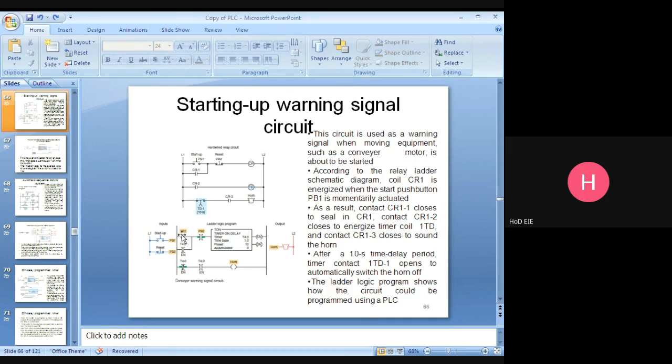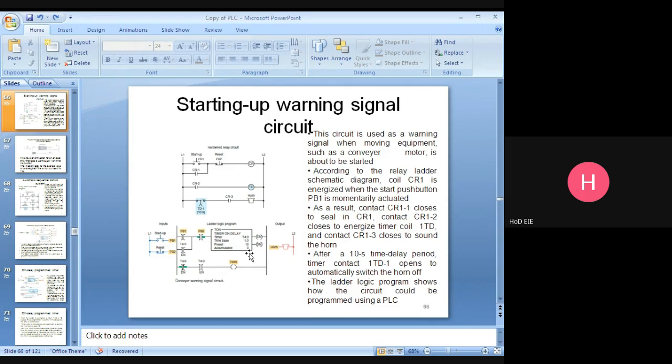Am I right? The PP1 is pressed, the enable bit will be energized. The same address, T40 enable bit, is given here. This contact is closed, so this line will keep energized. And here is also the enable bit T40 EN. This one will be closed. This one is a normally closed contact. The horn will give sound. At the same time, the accumulator starts incrementing.